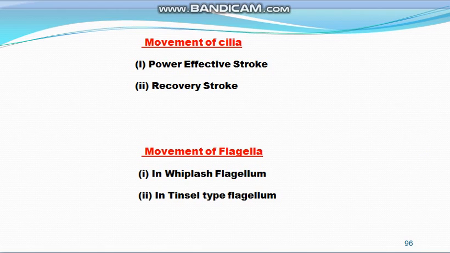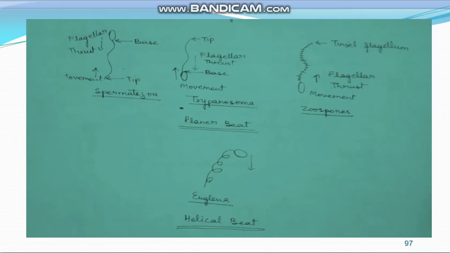So a flagellum possesses a symmetrical beat with several undulations along the length. There are different beats by which the flagellum moves, and the flagellum moves in an undulating manner. I will show this, this is the diagram. This shows the different types of movements in the flagellum, and the flagellum moves in an undulating manner and beats independently to generate planar and helical waves.